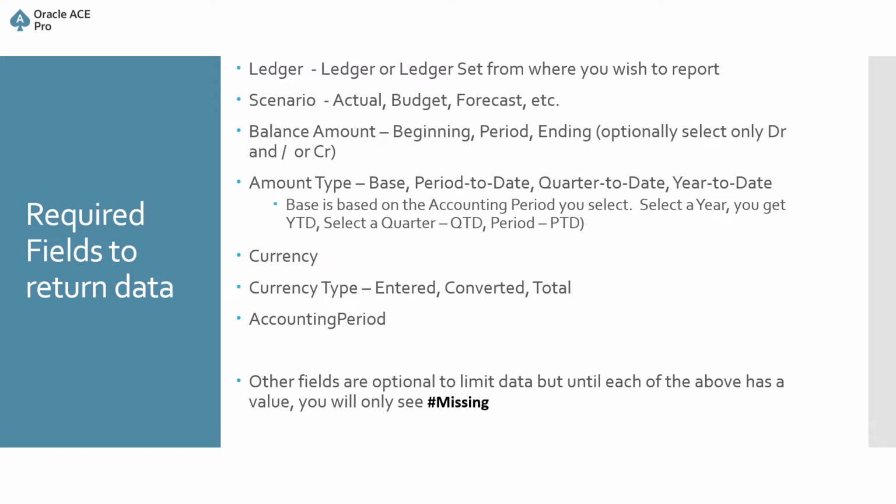Other types you have to fill in. You've got to have an amount type. You've got an amount type of base. Essentially, base is used to tie to the period or balance amount. So if you're picking an accounting period of year to date and you pick beginning balance and you say base, it will know to bring in your year to date amount. Other amount types you have are period to date, quarter to date, year to date. So why I bring that up is